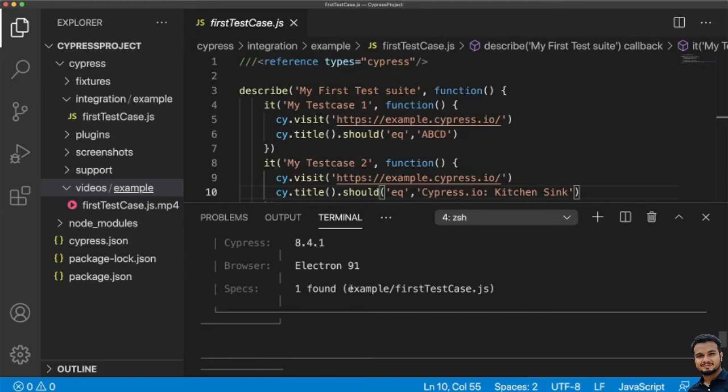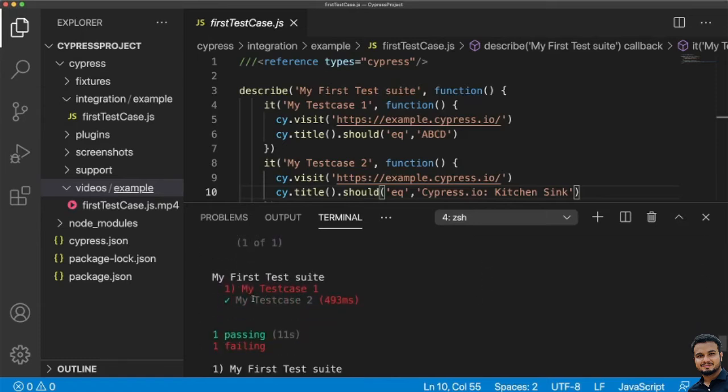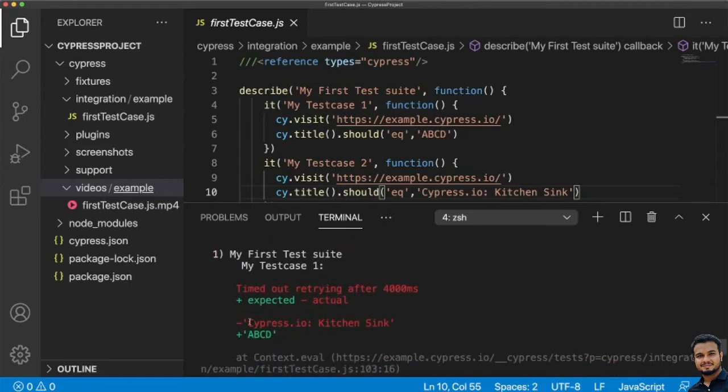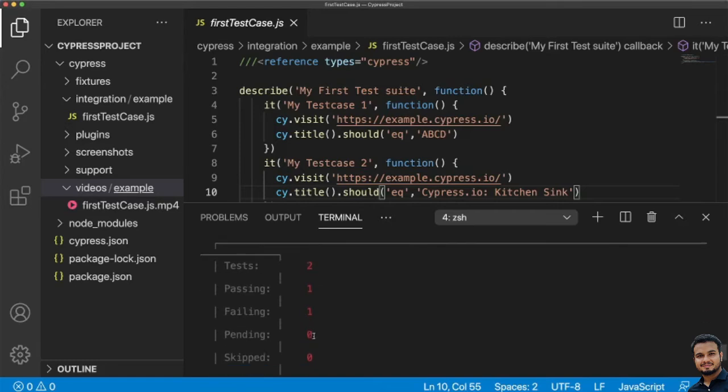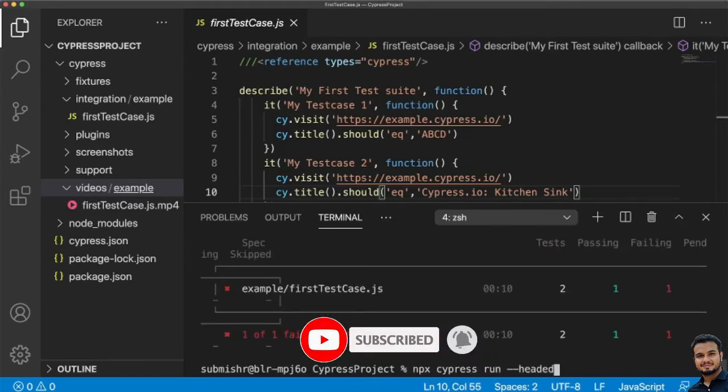This is the spec file which got executed, first test case.js, and the result: one test case failed and one passed. And why it failed, we already know: this is what we are expecting and this is the actual result. It is not matching, that's why the test case failed. So this is one way you can execute your test case.